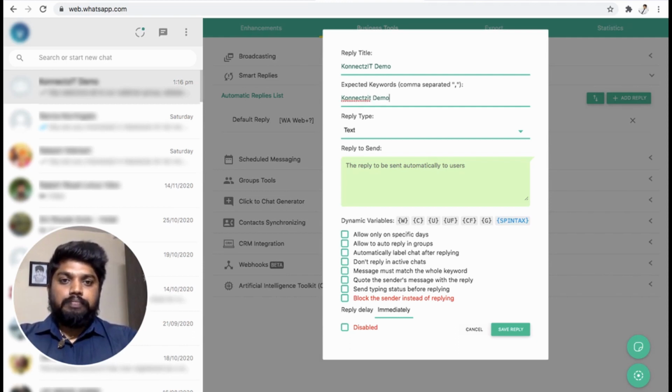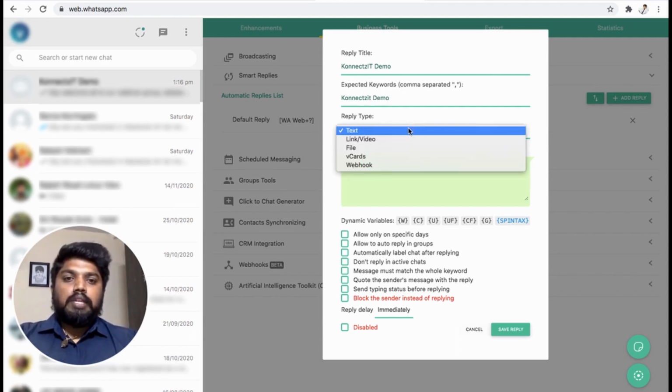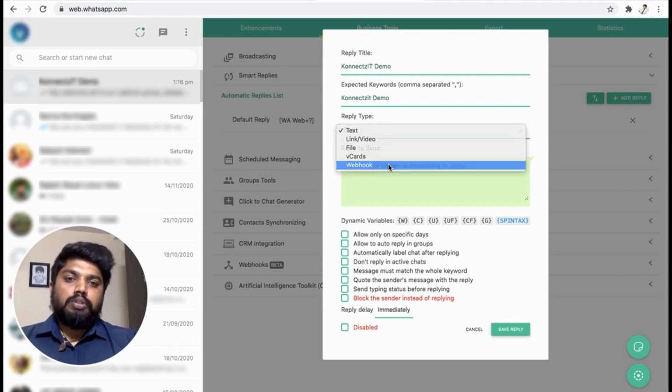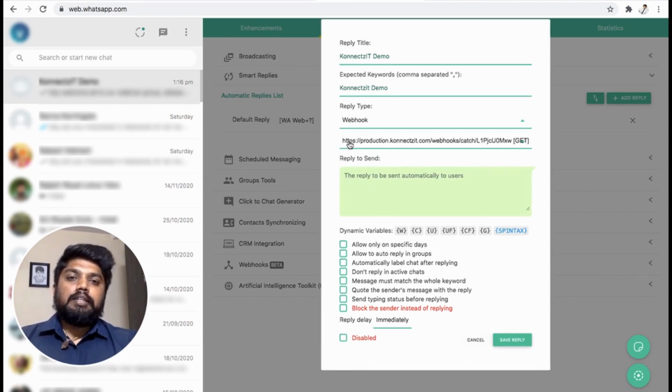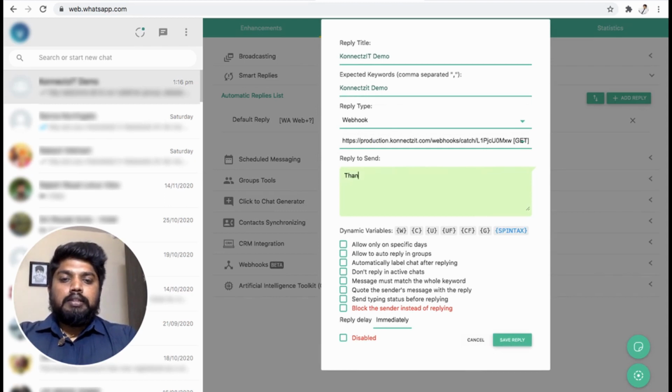demo, and you have to select the reply type as webhook. Only then will it be enabled and send to the Connexit webhook. You can type a default reply, or create one more reply. Thanks for choosing Connexit demo.